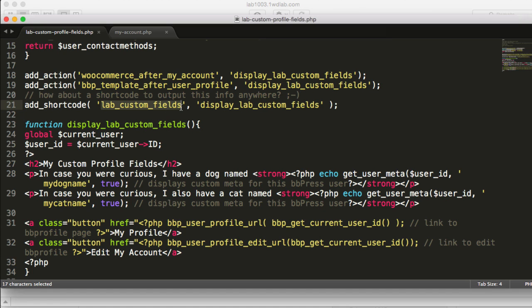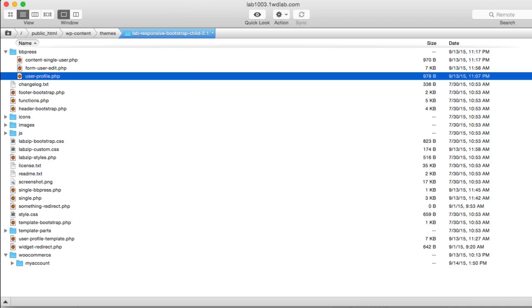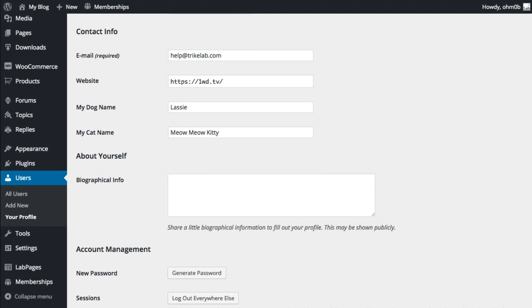The first is we give it a name. So we named the default shortcode the lab custom fields. You can change this to whatever you want. And next is we say, what does it do? Which function does it apply to? And of course, it applies to our display custom fields, our lab custom fields. So it's outputting the same stuff via a shortcode with this name. And that's how we arrived at this whole setup here,